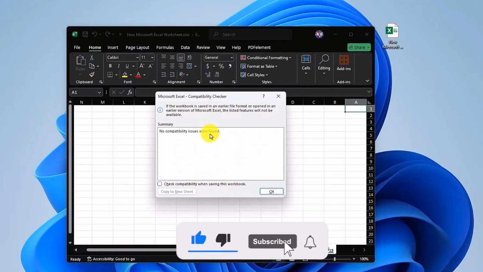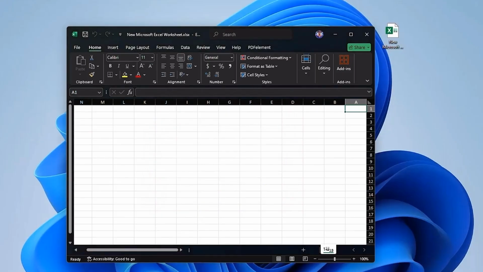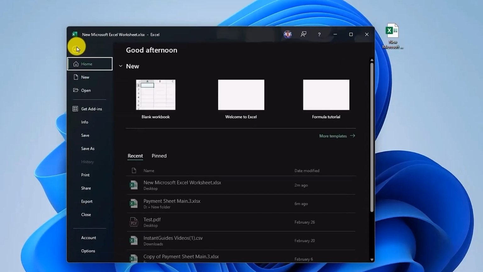And once a small pop-up window opens, make sure that this box is unchecked. And then once it is unchecked, click on OK. And after clicking on OK, you have to confirm your settings. So now go to your Save As settings, which you can do by clicking on File, Save As, and choose